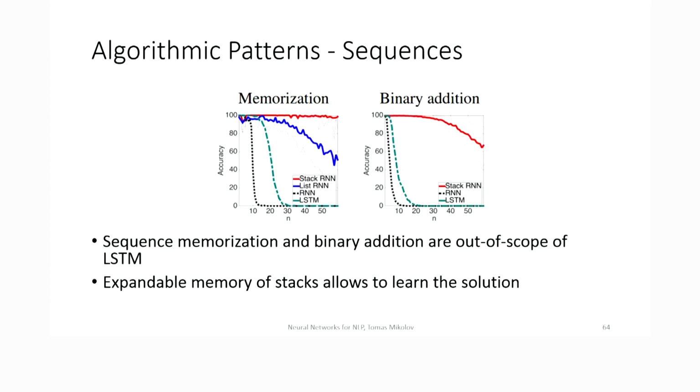And for that, we have these memorization tasks where we have to memorize a sequence of symbols that has variable length. So you actually see longer sequences in the test than what you did see during the training. And we can do somewhat well on these tasks. Of course, it's not a perfect solution, but definitely much better than the LSTM, which doesn't generalize as well as the RNN. But these stack RNNs or list RNNs actually do generalize, although it's a bit tricky.